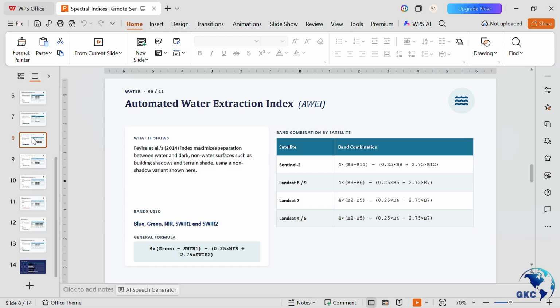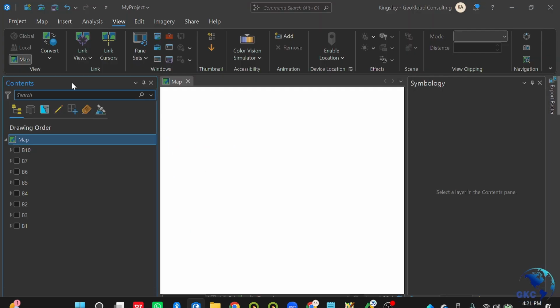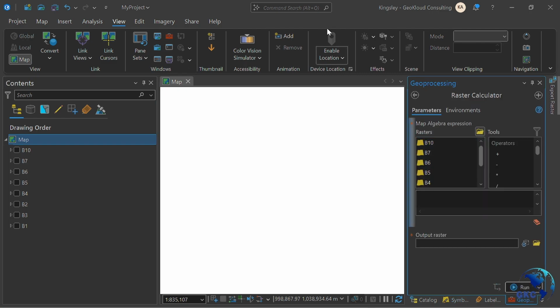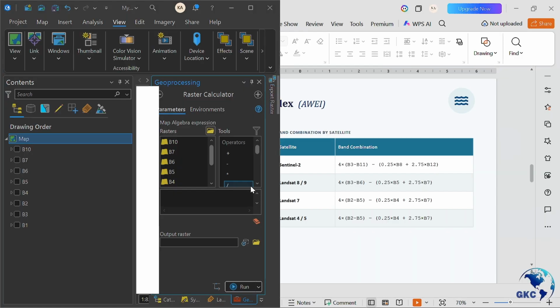So let's get straight into it. Looking at our band combination, we'll be using the Landsat 8 and let's see what it looks like. So I'll quickly open my ArcGIS processing toolbox, Raster Calculator, and just keep it by the side so I can easily see my formula. So I'll be doing 4 multiplied by bracket open band 3